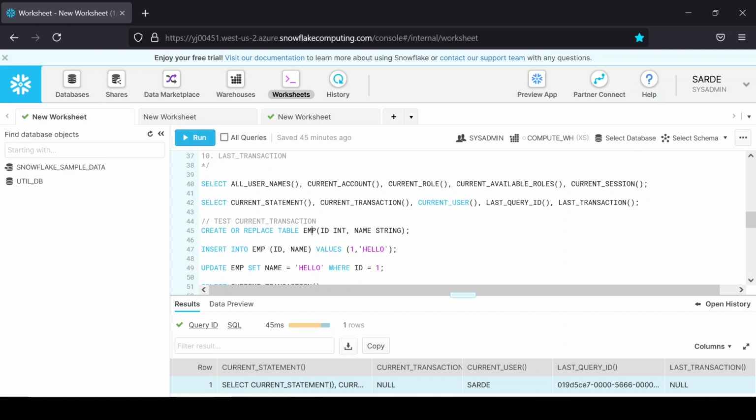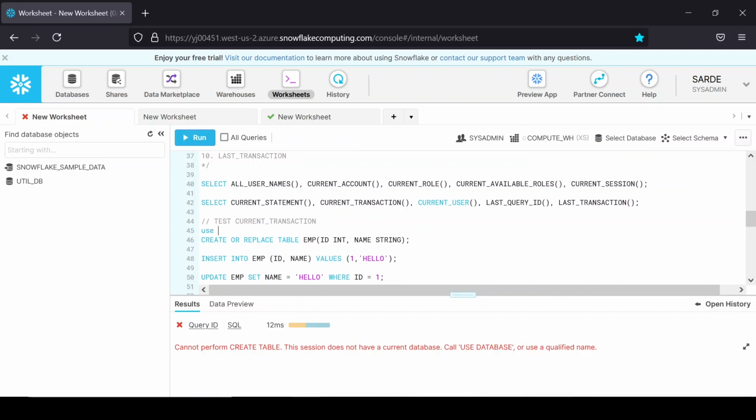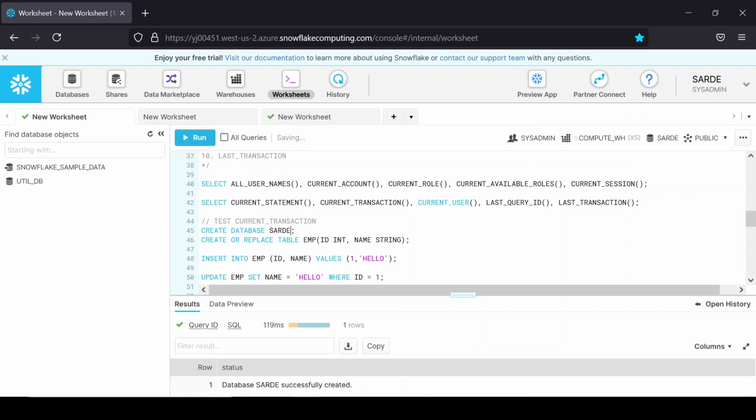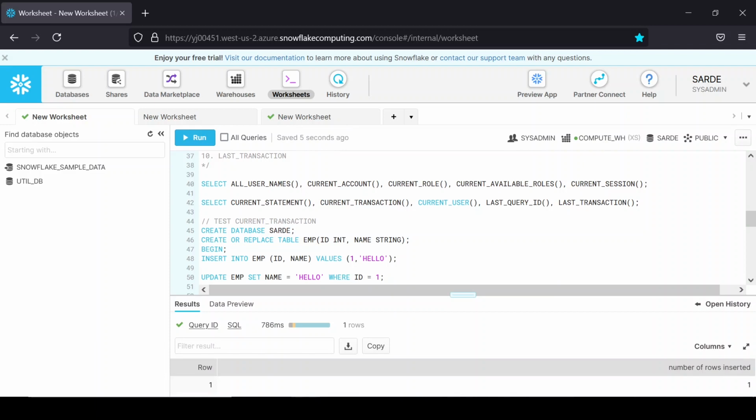So let's first create a sample table. Okay, so let's create the database first. Now let's create the sample table. Before we insert any record, let's write the begin keyword. Now let's write this insert into statement, and let's test this current transaction statement here,